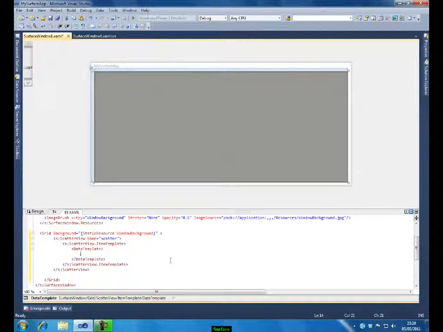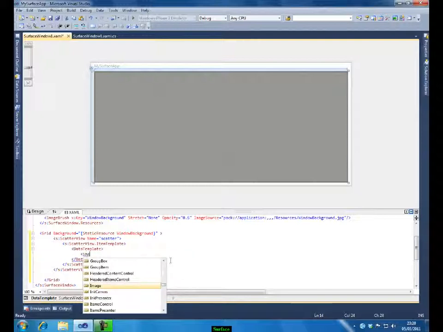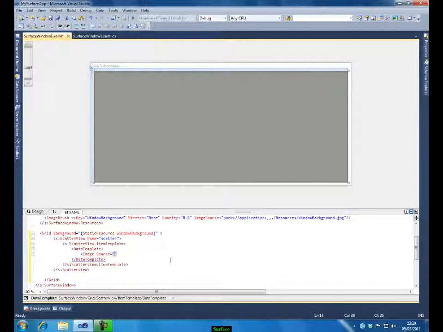Let me add an image control. Source. I'll specify this as binding so that from my code behind I'll be binding the source for this image. Let me close this up. Let me save this. So that's all we have to do in the front end.